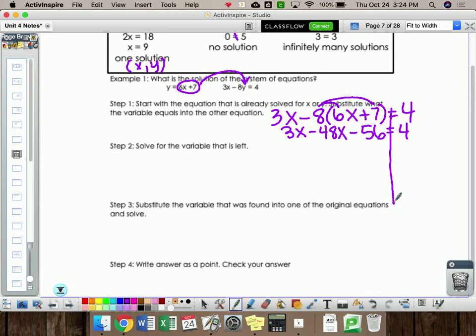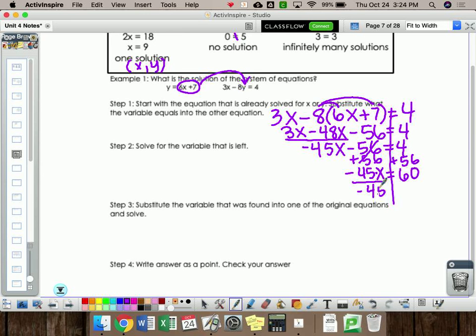Then I can see that I have some like terms. My x's can go together. So 3x minus 48x is going to give me a negative 45x. Then to isolate that x, I can add 56 on both sides, giving me negative 45x equals 60. Then to finish it off, I see that negative 45 is times x, so I can divide by negative 45